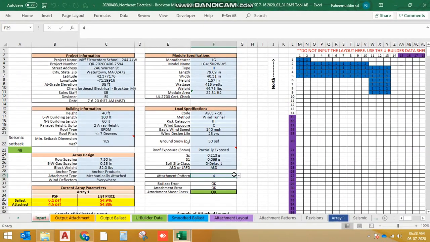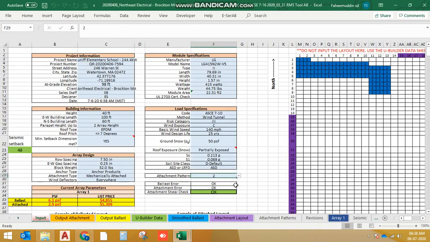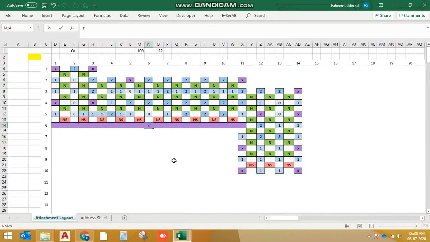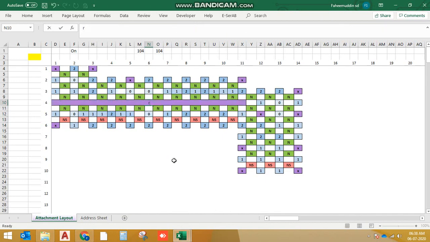Let's see an example. If I'm giving attachment pattern 2, attachment pattern 2 will reflect here, but you cannot change it. For example, if I'm giving X here, it will just roll back to 2. So just make sure you're selecting attachment pattern 4 here. And if you want to remove any attachment, just enter R there. Make sure X and R are small letters, small x, not capital X. R should also be small.